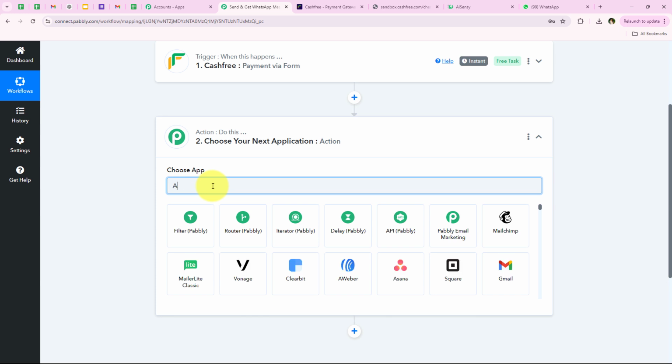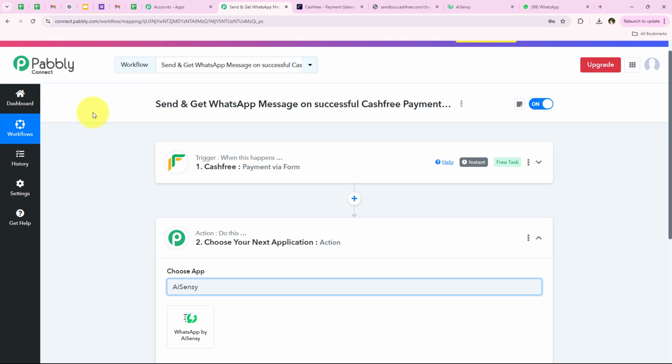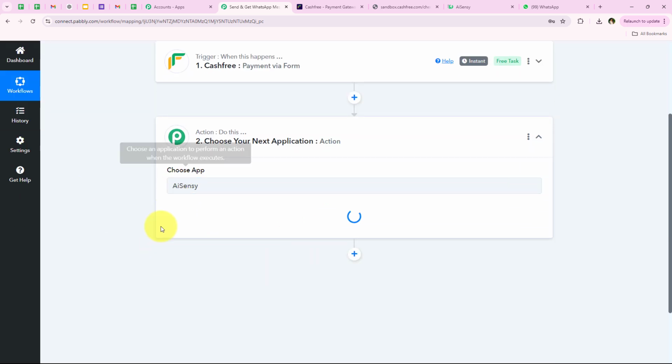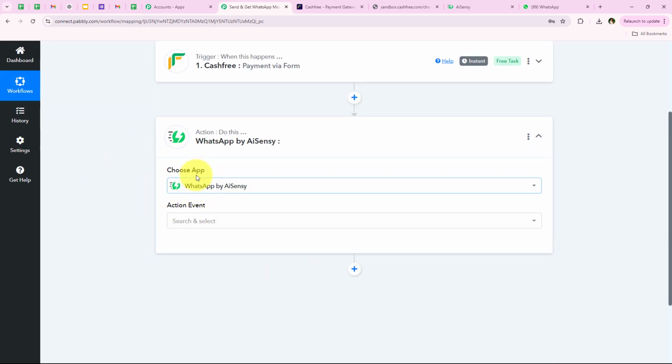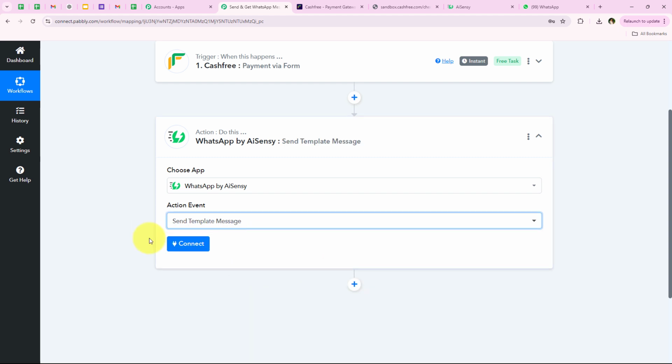And now for my action application, I'm going to select it as AiSensy, because I want to send automated WhatsApp message with the help of this only. You can use any other application like Wati, or if you wish, you can definitely use WhatsApp Cloud API too. And then for the action event, we're going to select send template message, and then we're going to